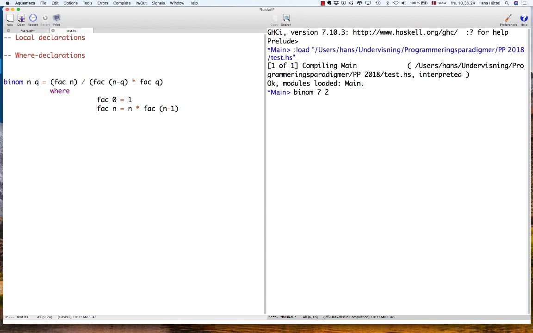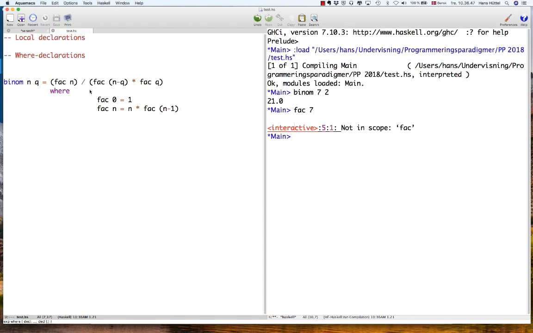Now we can call binom with 7 and 2, we should get 21. Oh yes, we did. Can we call fac of 7? Nope, because fac is not in scope. Fac is only known inside binom. So when we have a local declaration that we only want to use inside another declaration, then we can use the where, and where should be placed after the declaration. But here's another kind of local declaration,